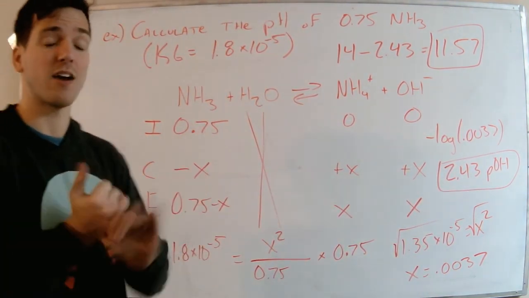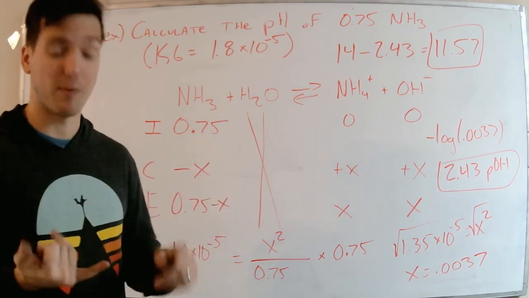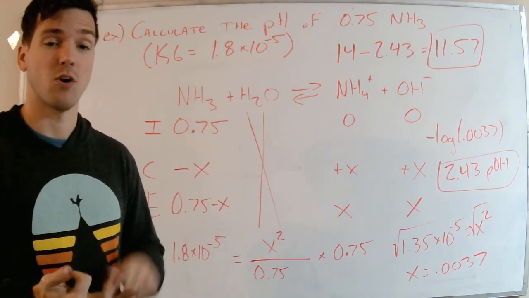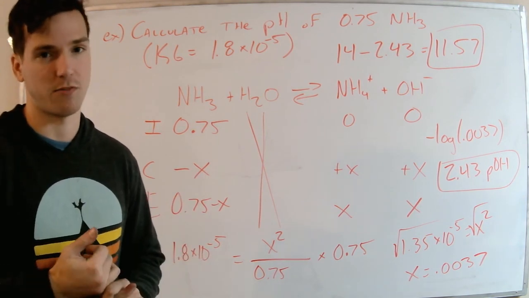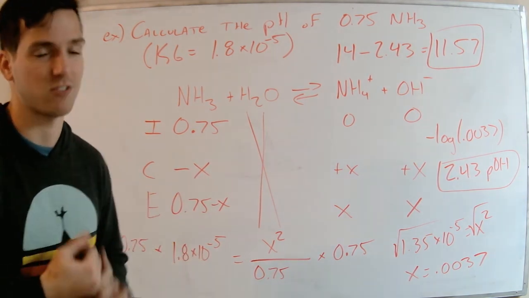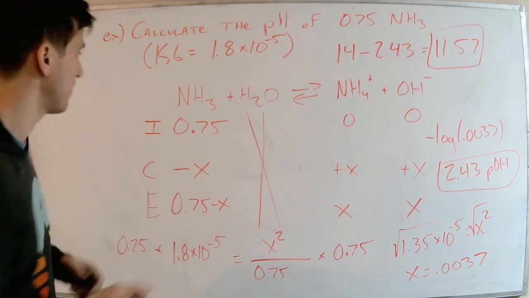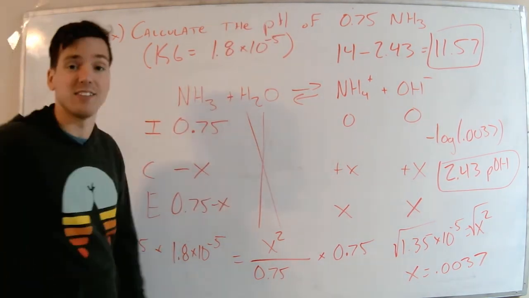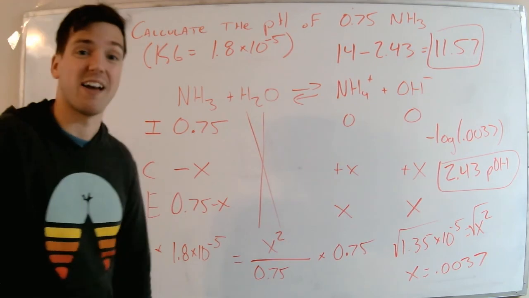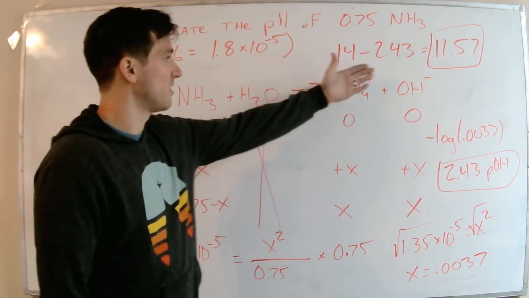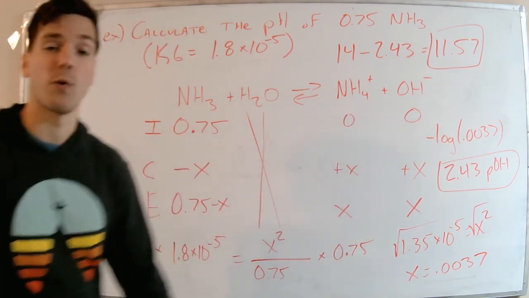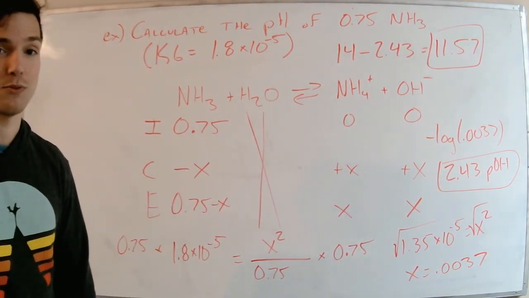So we're doing calculations where, first of all, we're looking at our problem saying strong acid, strong base, or weak acid, weak base. If it's a strong acid or strong base, we go straight into negative log H plus, 10 to the minus pH, things like that. If we got a weak acid or weak base, we're looking at an ice table of some sort, and we're going to have to find that X, which we could then take the negative log of, and it'll either give us pOH or H plus, like in our previous examples. That's it,